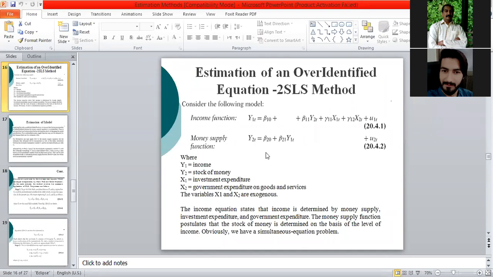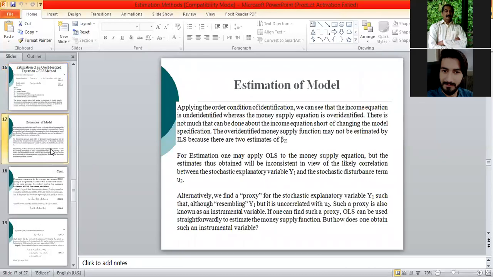We can estimate the second equation, that is the over-identified equation. We estimate this equation by applying 2SLS. So what is the method of applying 2SLS? Again, there are two steps in the application of 2SLS. But first we look at how 2SLS helps in estimation